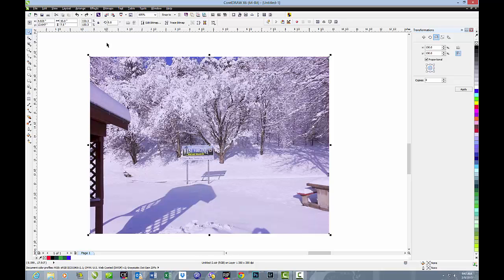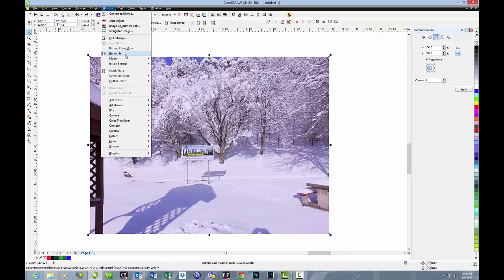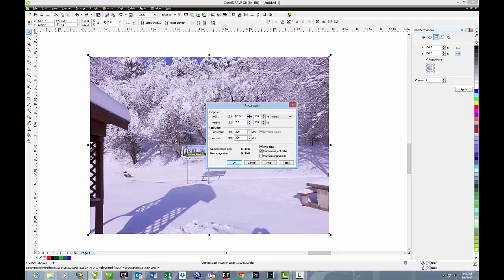Now that we've selected the piece, let's go up to Bitmaps, and let's learn about the resample. Click on Resample, and it tells us what that bitmap really is. This particular bitmap is 10 inches wide, 7.5 inches tall, and it is recorded at 300 dpi, which is perfect for sublimation. It also tells us the size of the file, and this is something you want to get in a habit of checking,